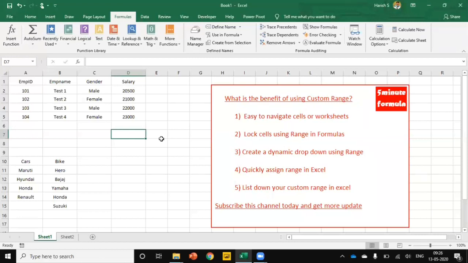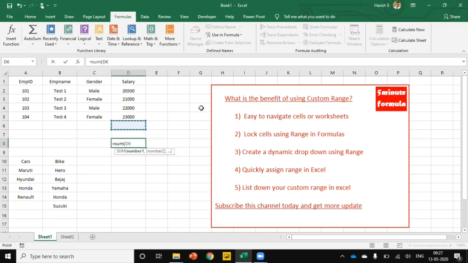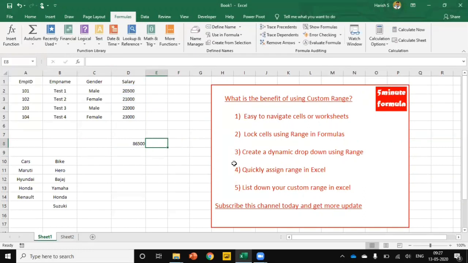The next thing is, if I want to create a formula based on these cells, then I'll just add some formula and then open a bracket and then select some cells. Then close the bracket. If I copy this formula and paste it somewhere else, my result is gone, because whenever you copy any formula and paste it column wise or row wise, the formula references also move according to your formula position. So that is the reason this reference is not a constant.